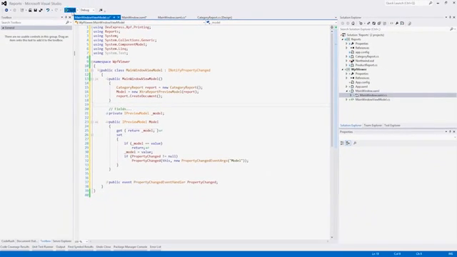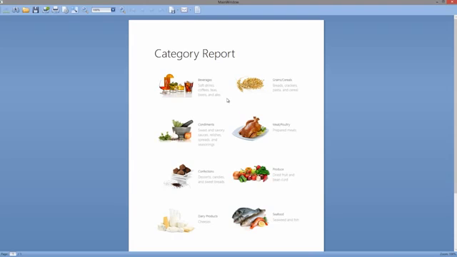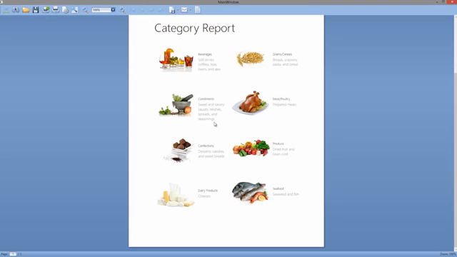Let's run it and see what happens. And there it is. Notice that we were able to use the MVVM pattern to set up a